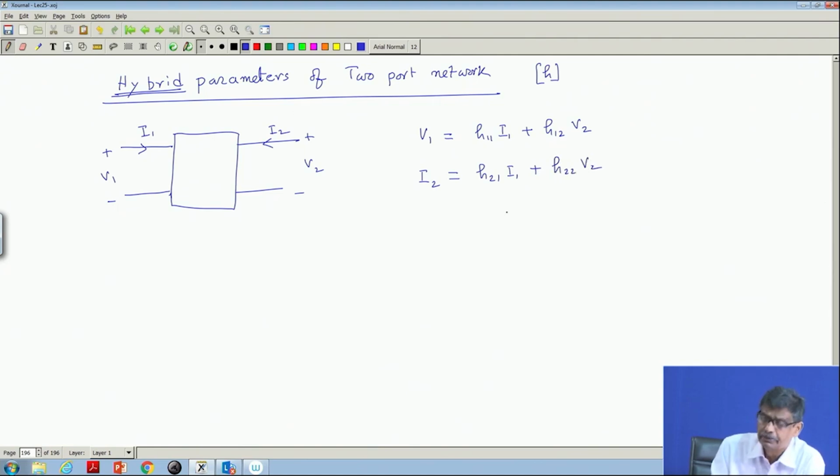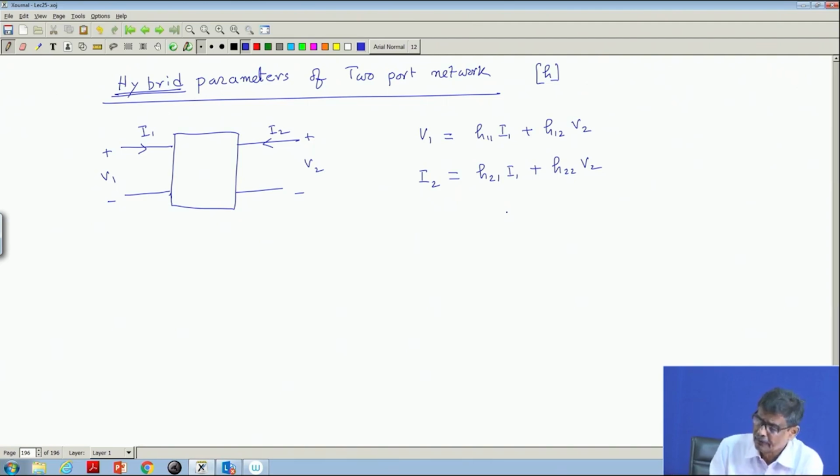Mind you, these are algebraic equations. I can manipulate them in this way and express V1, V2 in terms of I1, I2, or I1, I2 on one side and V1, V2 on the other side, then